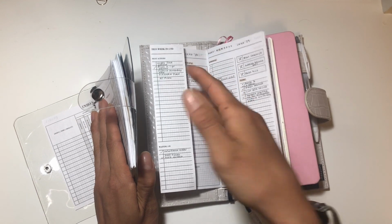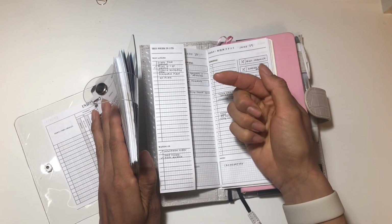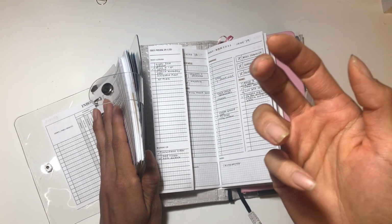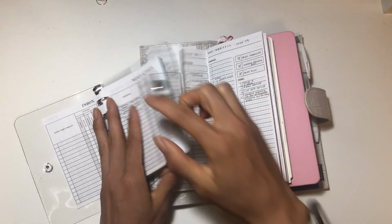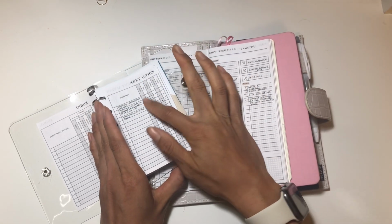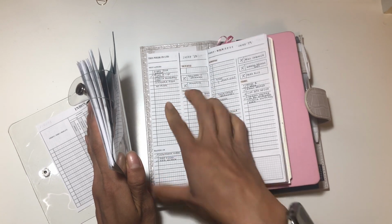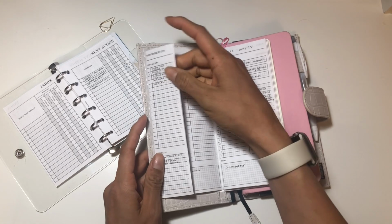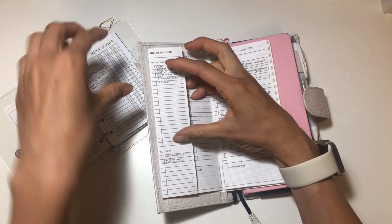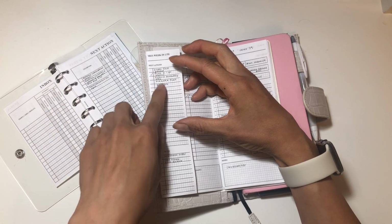You know that you have extra time or whatever, and you just want to do it that week. It doesn't have to be time specific, but you want to do it that week. That makes sense, right? So I scan here and I just add it to this week, okay? And that's what I do in this little tab section. So it's the stuff that was already in my inserts that I moved over for this week